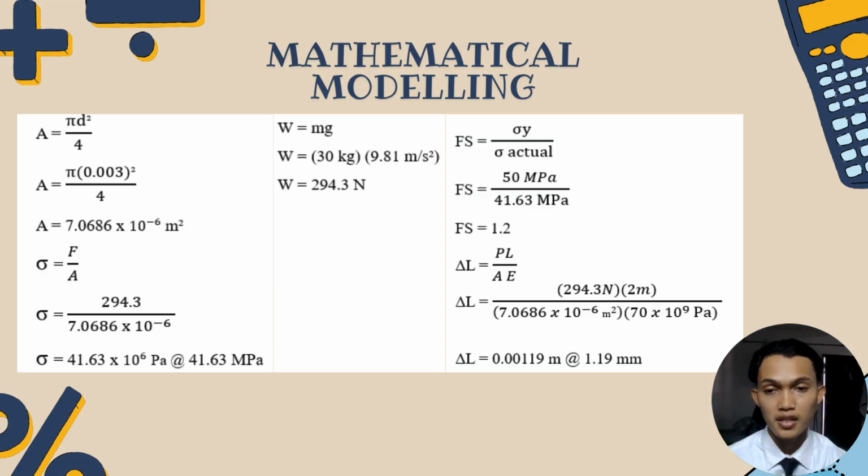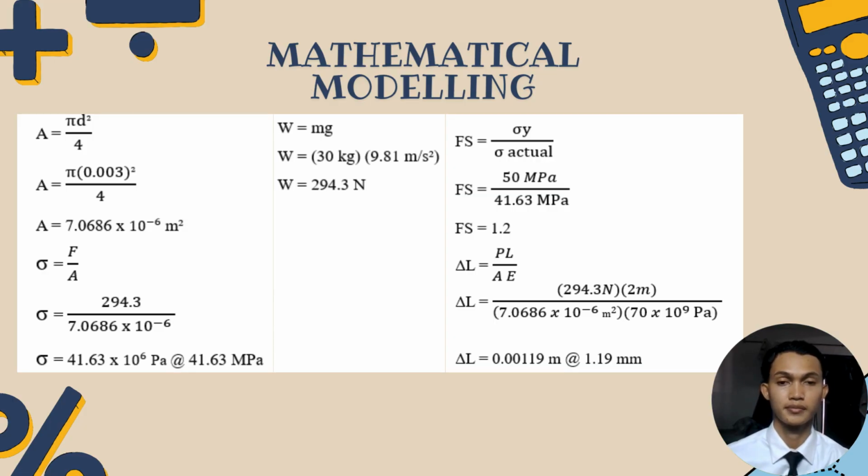Next, to identify whether the given parameters pass the target safety factor of 2 or not, first we need to calculate the area of the rod. The area is 7.0686 times 10 power of negative 6 meter square, and the value of F using the formula W equal mass times gravity, 30 kg times 9.81 meter per second square, gives 294.3 Newton. Then we calculate the normal stress using the formula sigma equal F over A, and we get the normal stress of